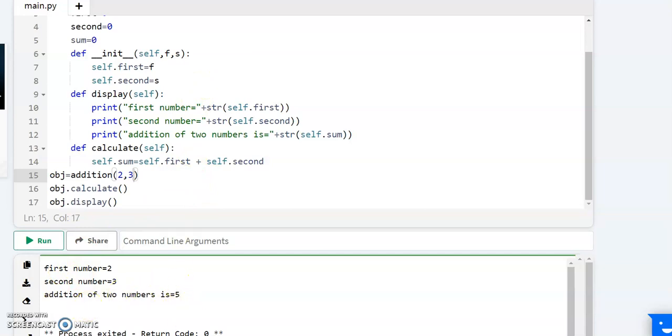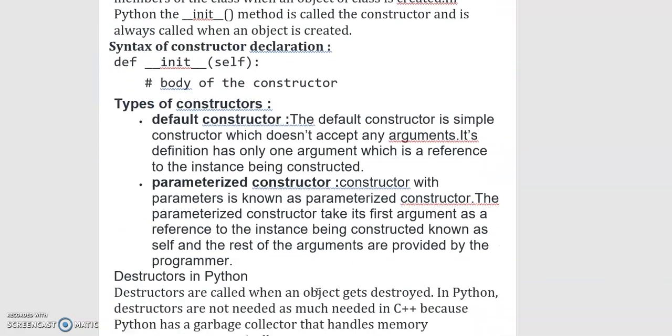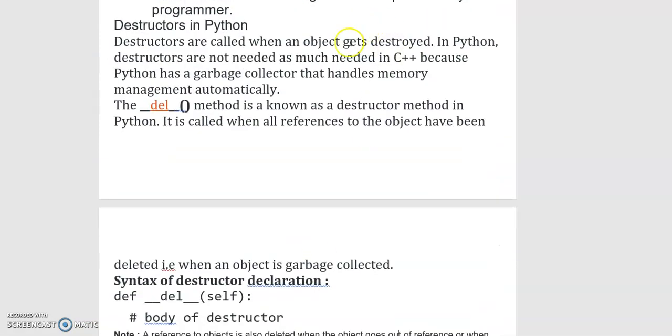Next, see destructors in Python. Destructors are called when an object gets destroyed. In Python, destructors are not needed as much as in C++ because Python has a garbage collector that handles memory management automatically. That means it will delete any unused memory automatically.